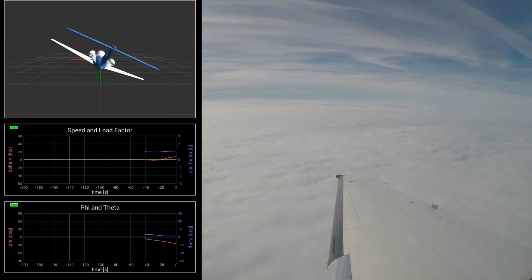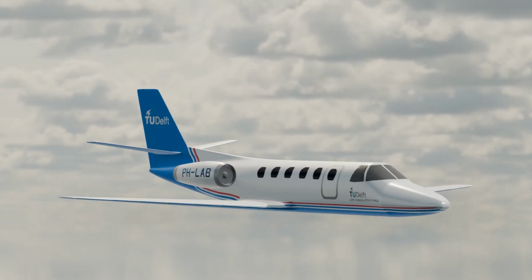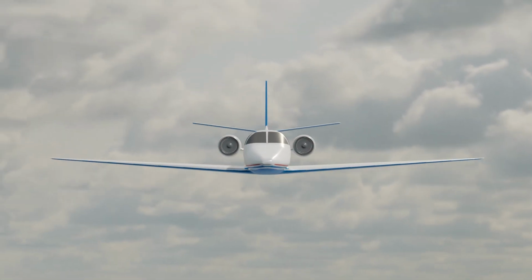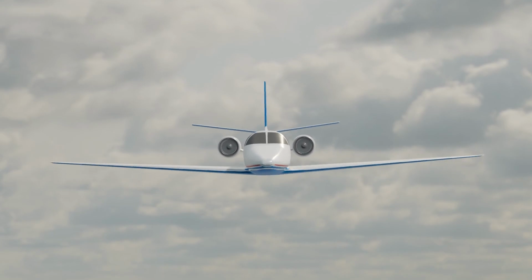The Cessna Citation 2 is in flight and will soon start descending. It has been cruising steadily so far, but now it has encountered some turbulence. Because of the turbulence, the plane starts shaking and the wings start to vibrate. But are there vibration frequencies that are dangerous for the structural integrity of the wings?